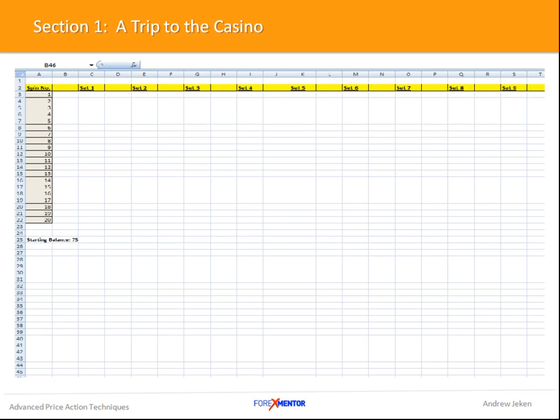What I have here is a simple spreadsheet, and all I've done is labeled the spin number from 1 to 20. These are going to represent our sample or our spins on each set, and you can see I've also labeled sets 1 through to 10, 10 being on the right hand side here.